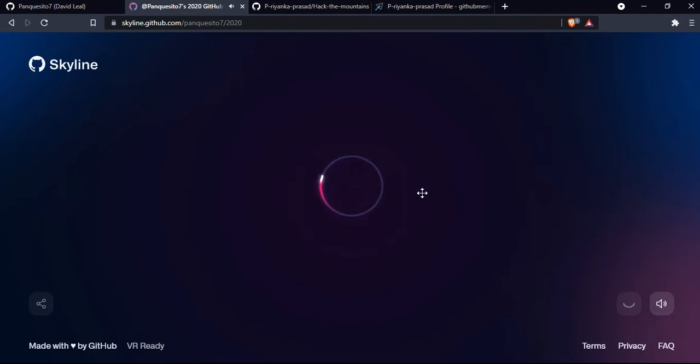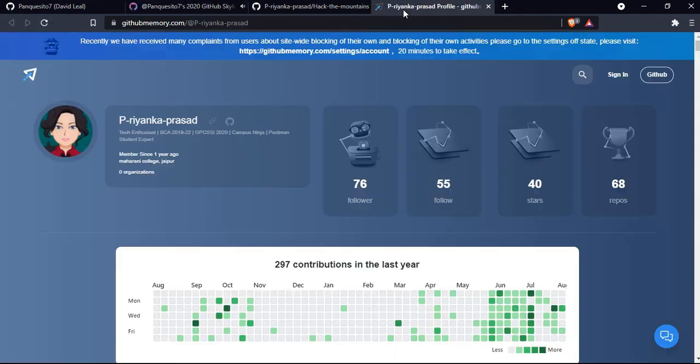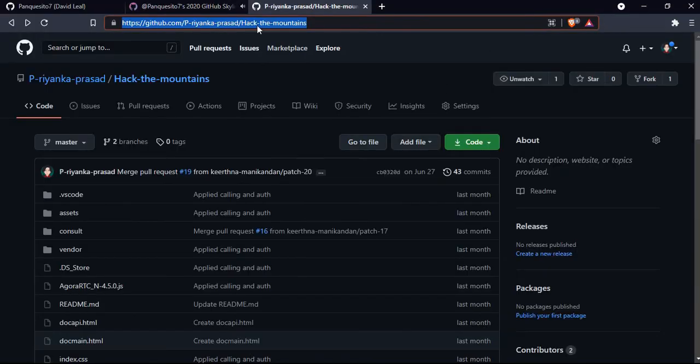Do check it out. All the contributions you have made will be shown in a very nice 3D way. Maybe I'm facing some network issues, so it's taking much time. All right, let's wait.